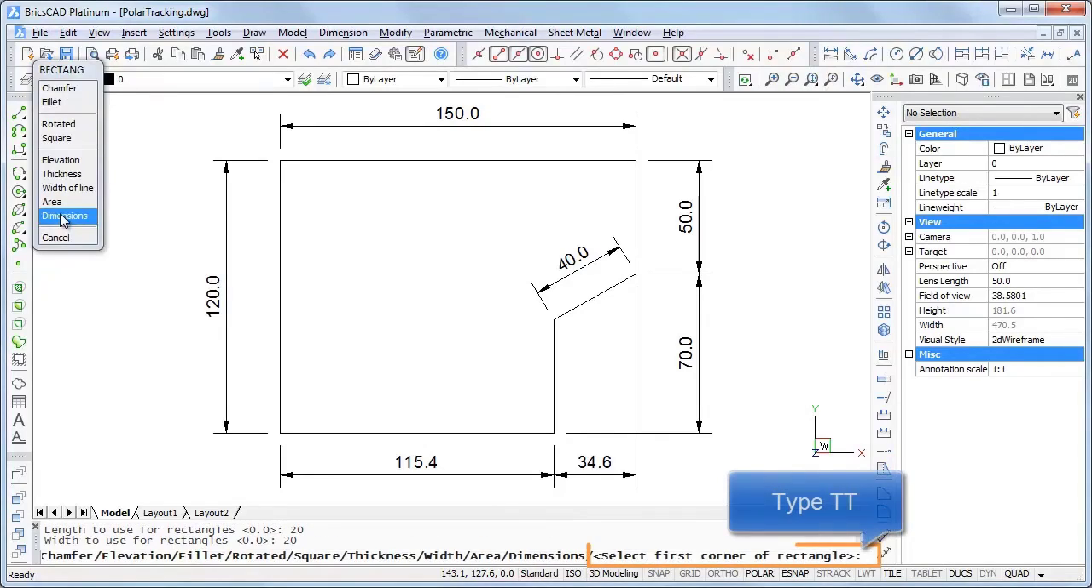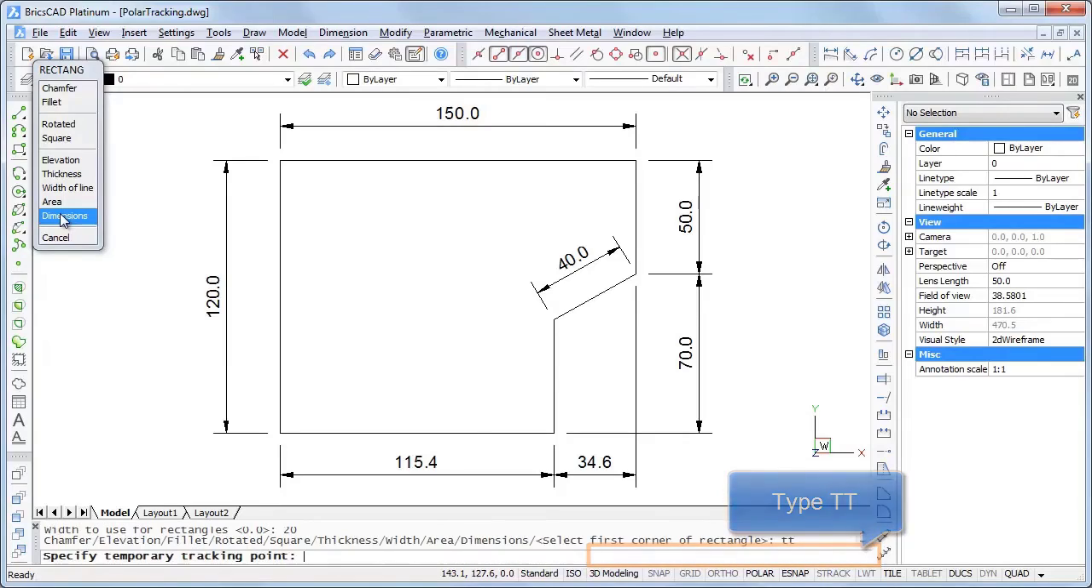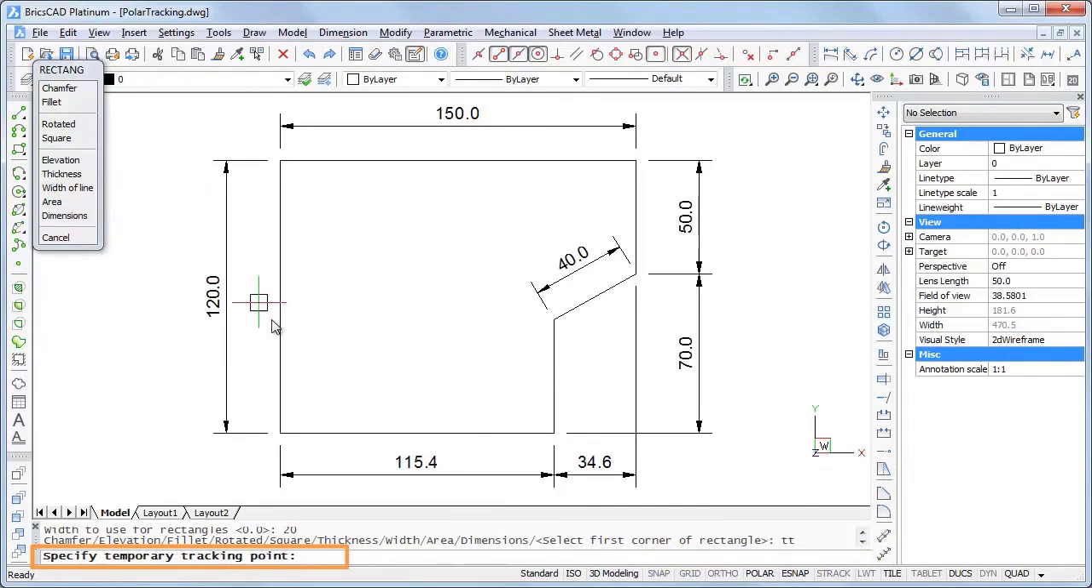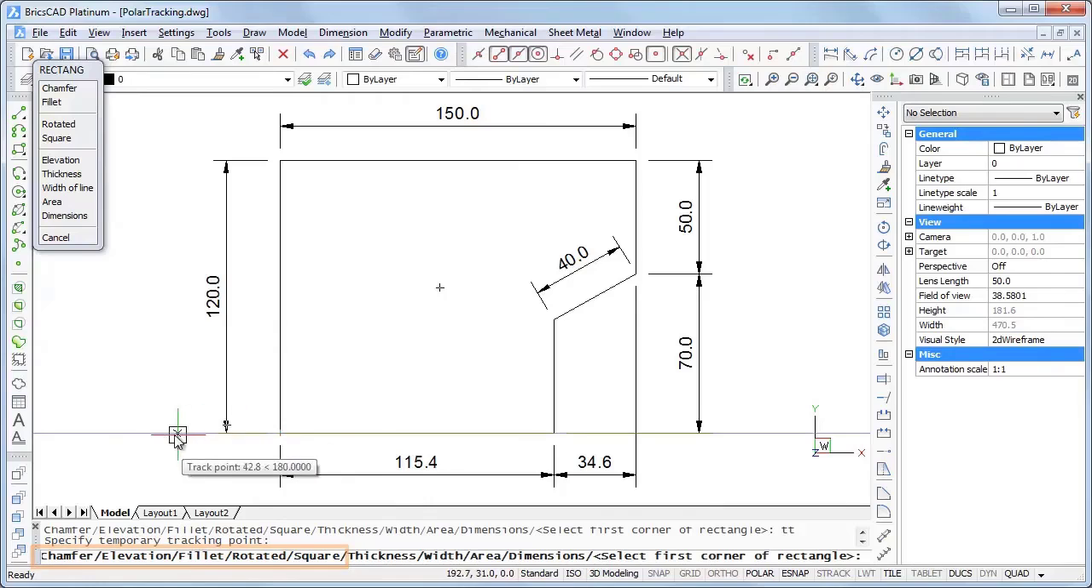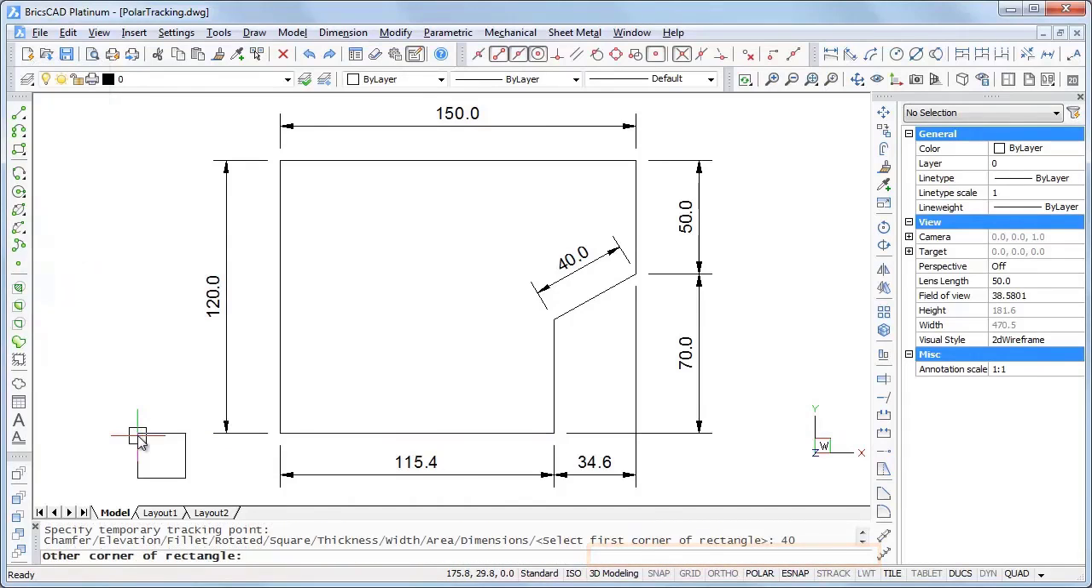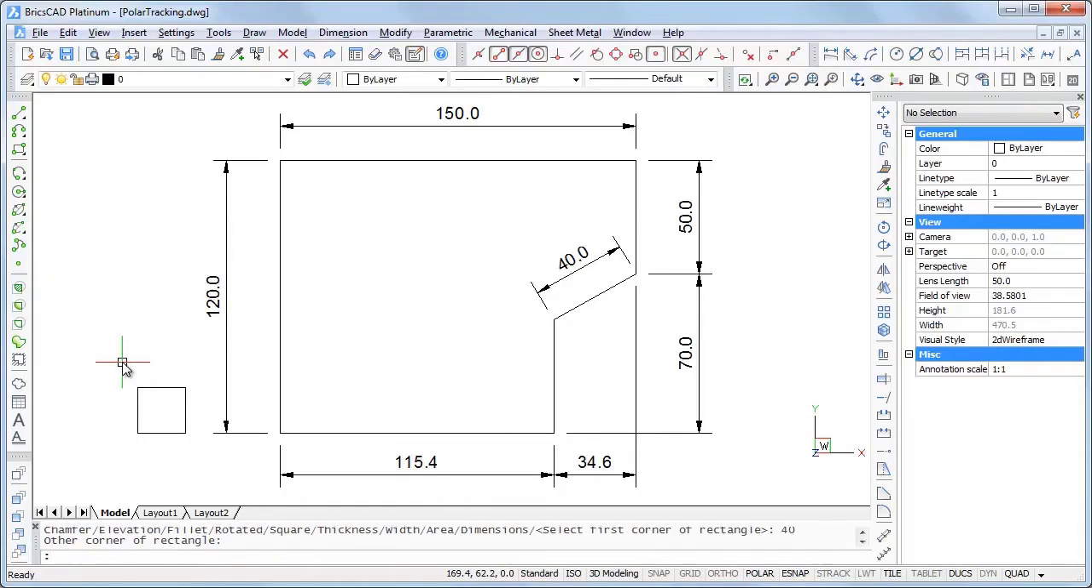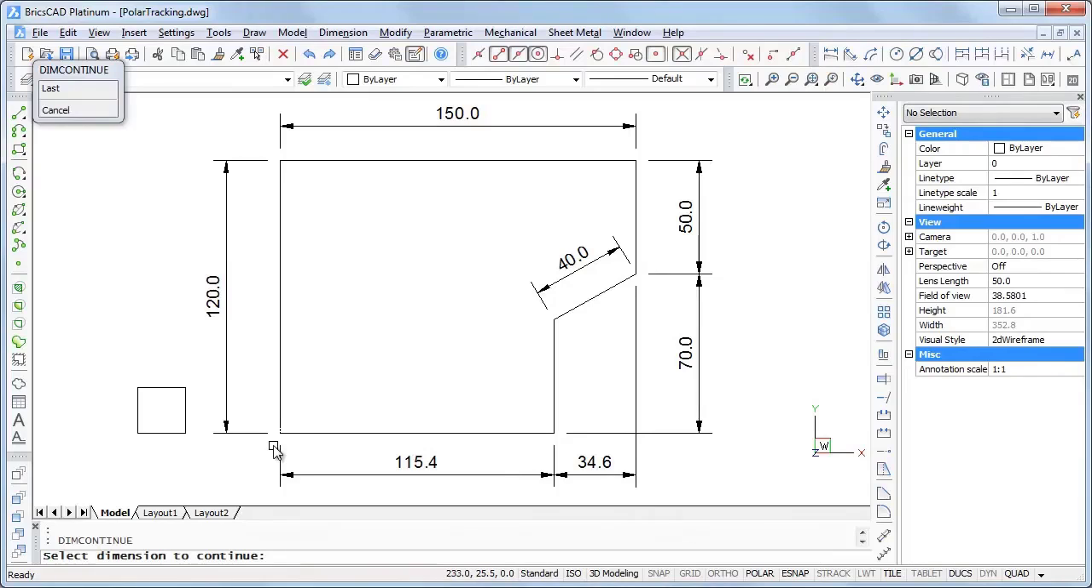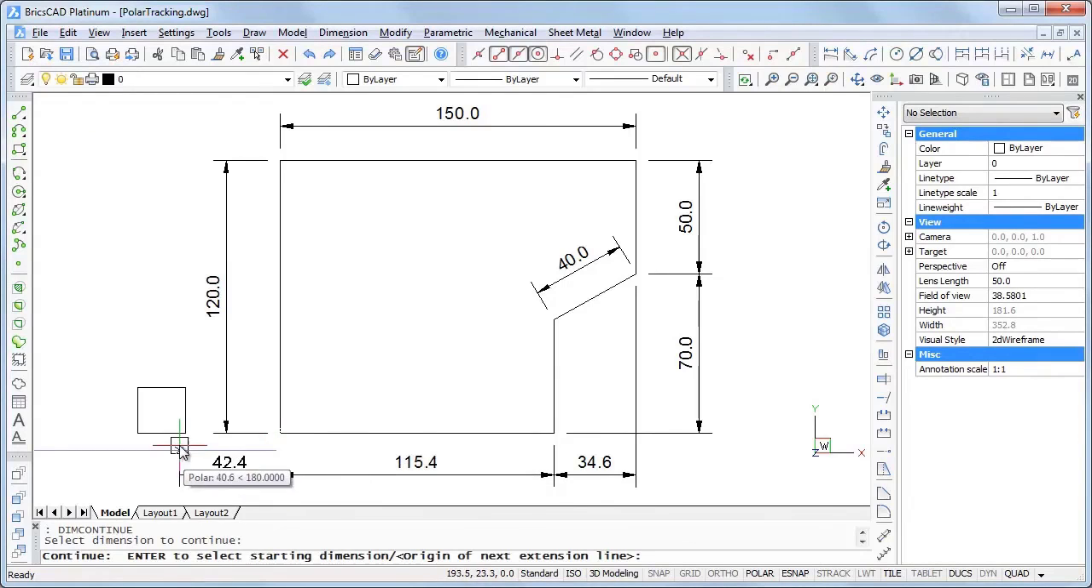When BricsCAD prompts to specify the first corner, I type TT. And BricsCAD asks to specify a temporary tracking point. I snap to the bottom left corner of the polyline and move the cursor to the left. When the tracking line displays, I type 40 and enter and click to place the square. And add a dimension line to check